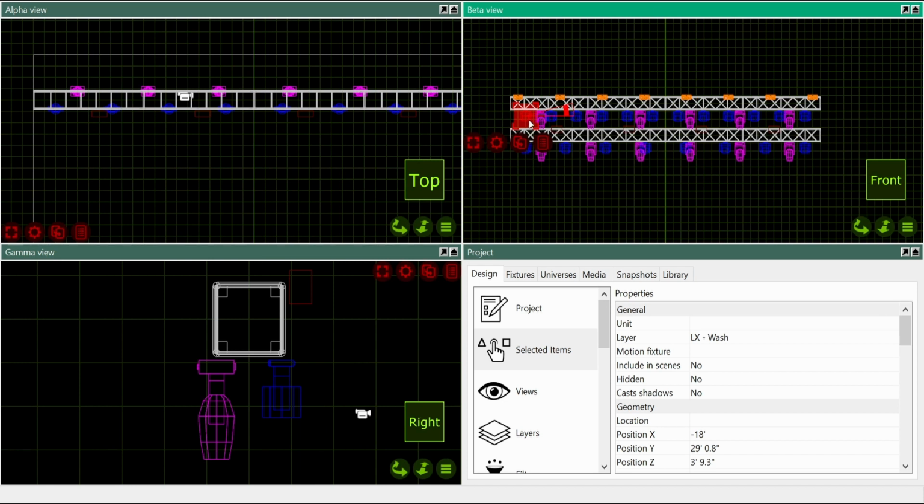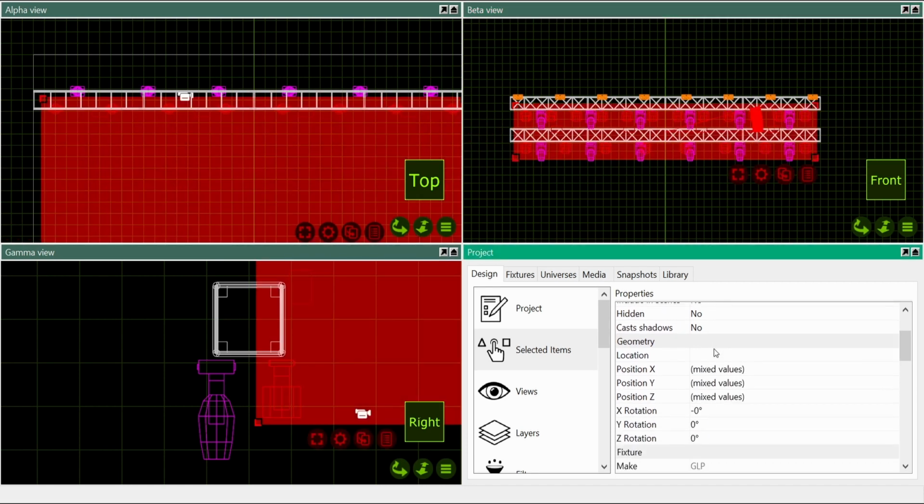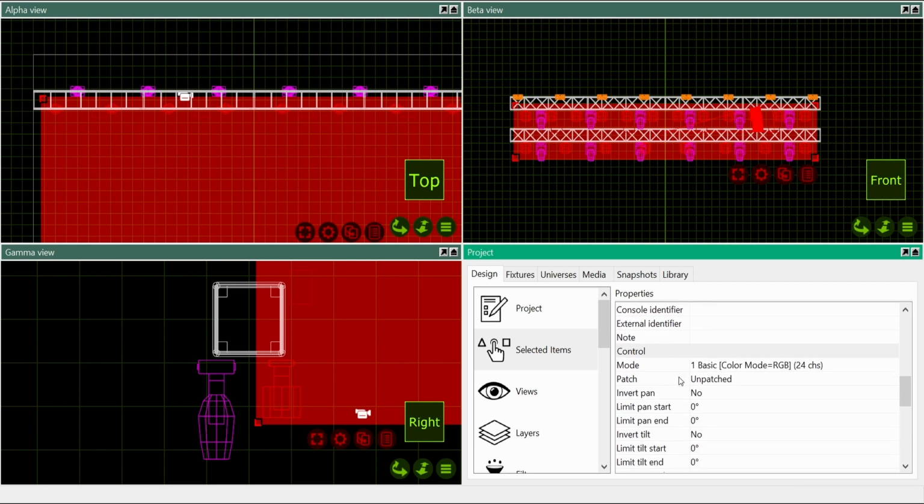So I grab a fixture type and I press Control Shift T. That grabs everything of that type. Press Enter. I'm going to scroll down to mode, and I'm going to select the mode type on this. Let's go multipix. That's probably way too many. Basic color mode, RGB 24. Yeah, let's just do that,